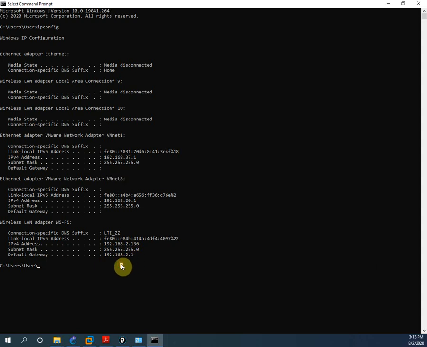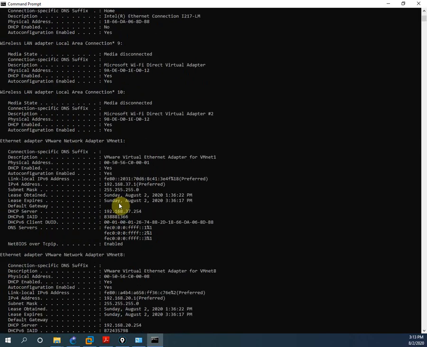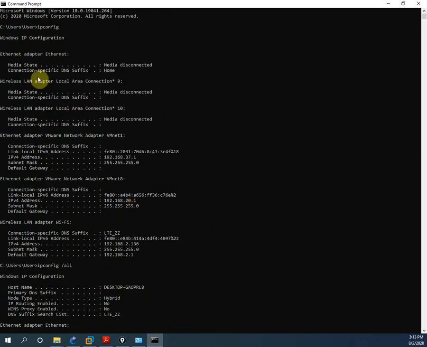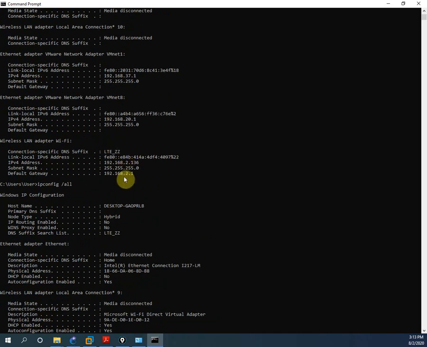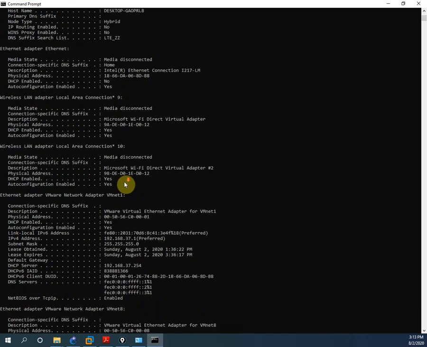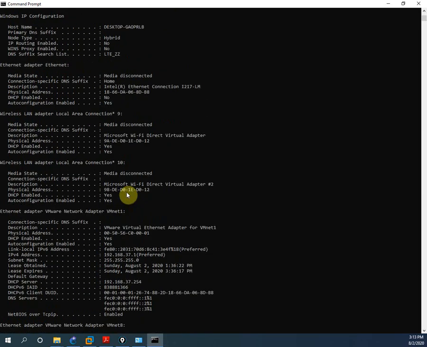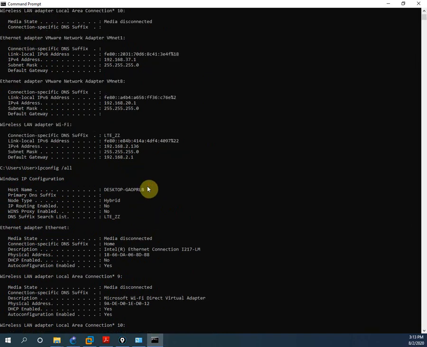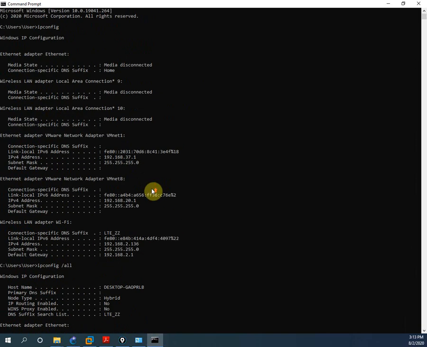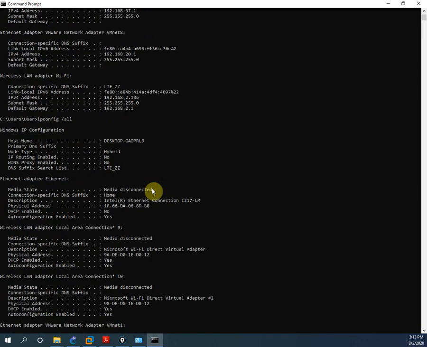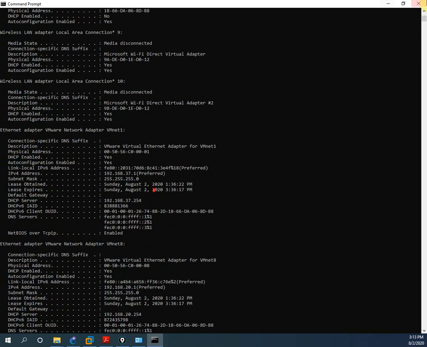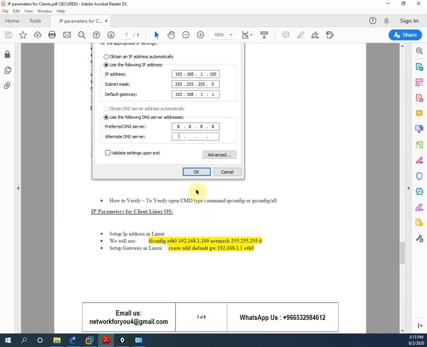If you want to check, I will write ipconfig space /all. We have all, then here we will get all the information. Let me see what IP we assigned. This is just so you have the idea about how we can check, how we can assign, how we can look. That's all. No need to worry about what is this or that. This is just basic. In our syllabus they add the basic thing.